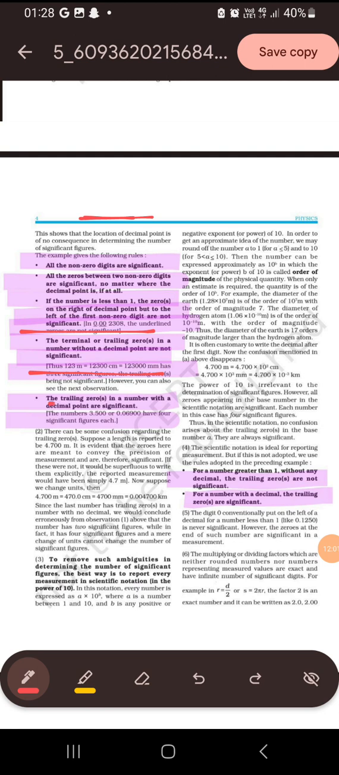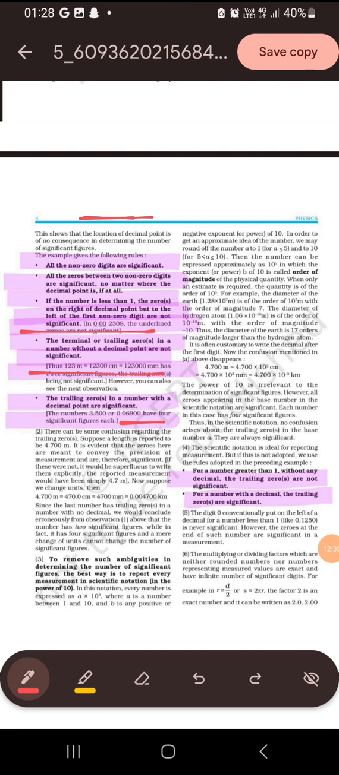Next, the trailing zeros in a number with a decimal point are significant. That is, the trailing zeros in a number with a decimal point are significant. See here, 0.06900. The 0 before 6 is not significant, as we saw in rule number 3. But after the non-zero digit, the 0 has some value. With the decimal point they are significant,